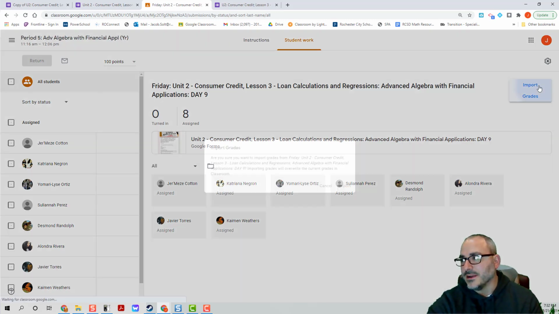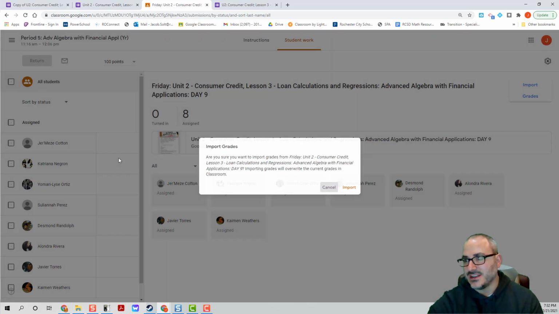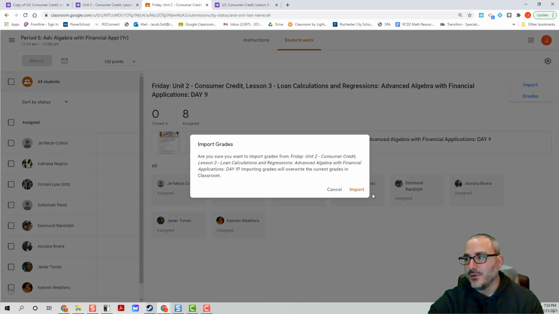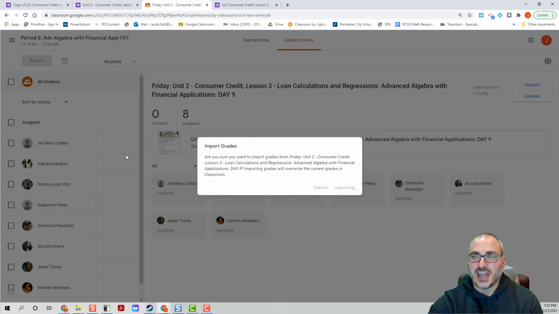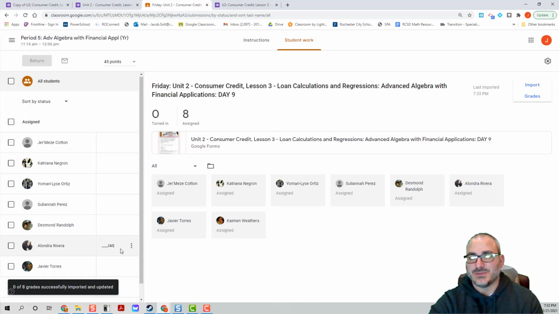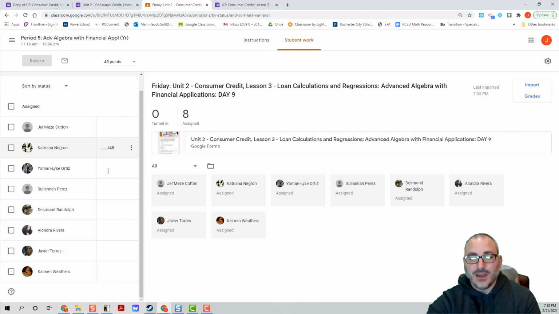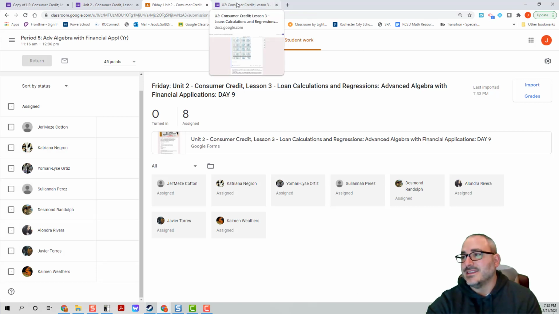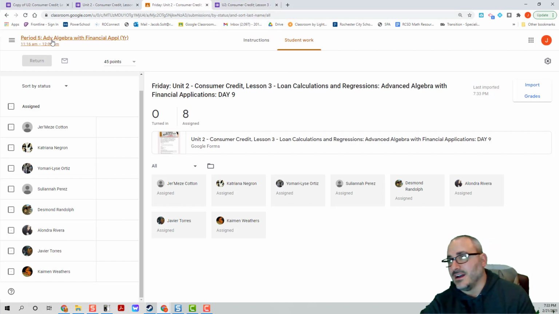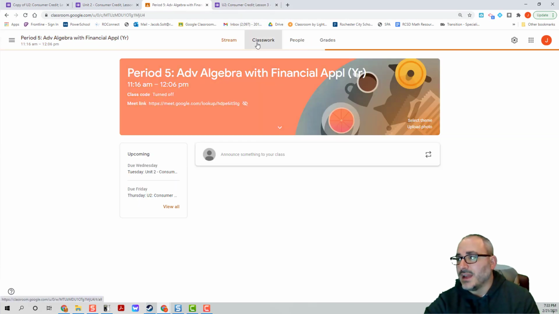So when I click import here, remember just a second ago it's 100 points. I click import and magic happens, right? All these things have been switched to 45, right? So I don't even need to remember how many points each form is. When I click import, it'll change that. Now, no student has any grades right now because no student has actually completed this. None of the students have seen this particular assignment. But to give you an idea of what happens normally,